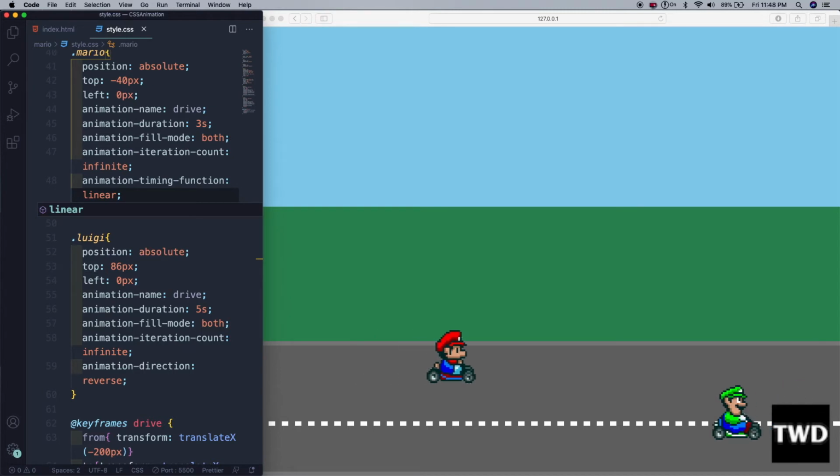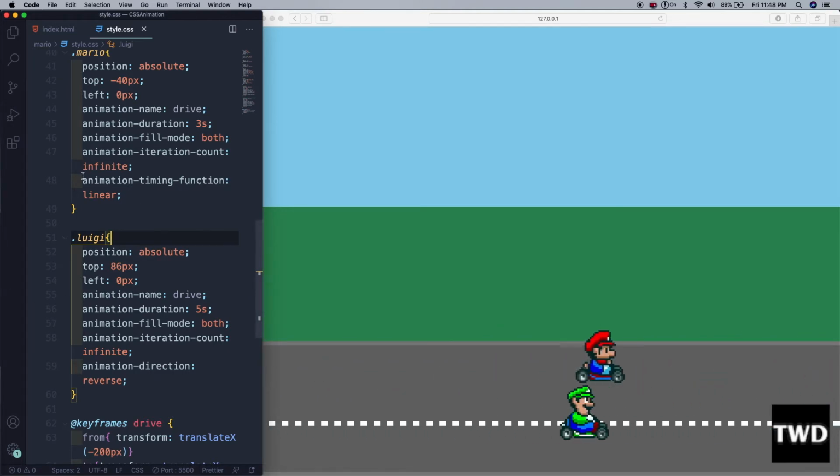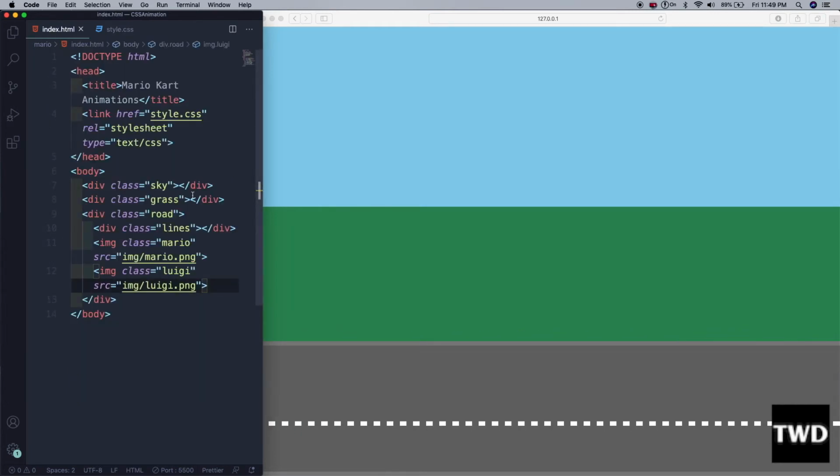So all the different animations which we have used for Mario and Luigi, we can do in a shorthand notation also, but we are going to see it a bit later on. We are going to change this all to have that single animation, and we are going to see that with the next animation. See, we are going to have some clouds also here, so we have the images for that also. So let us go to our index.html and we will add them.